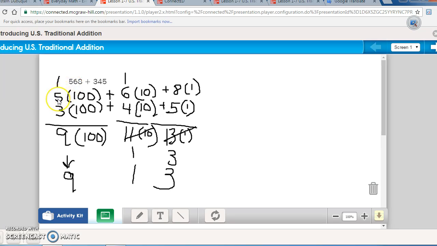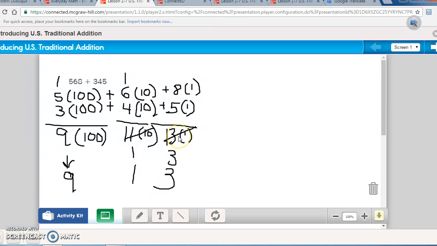Well, you should know that 500 is 5 hundreds, plus 60 is 6 tens, and 8 is 8 in the ones place. And now when we break apart 345, you should realize by now that 3 is in the hundreds place, so we have 3 hundreds for 300. 4 is in the tens place, so we have 40, and 5 ones. So what you could do here for a different method of adding is going 8 ones plus